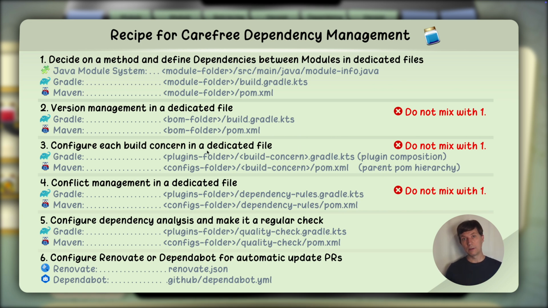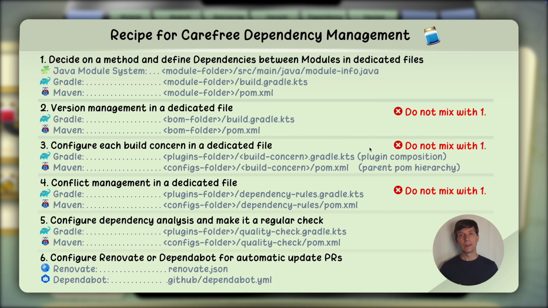In summary, point 3 of the recipe is really about doing a clean separation between the two aspects the build tools cover, the dependency management tooling and the actual build tooling. It's about isolating the specification developers need to do for dependency management, which is defining the dependencies between modules and the management of third-party versions, from everything else that needs to be configured for the build tool. Making sure that dependency declarations are cleanly separated from anything else you might have in your repository that configures Gradle or Maven.